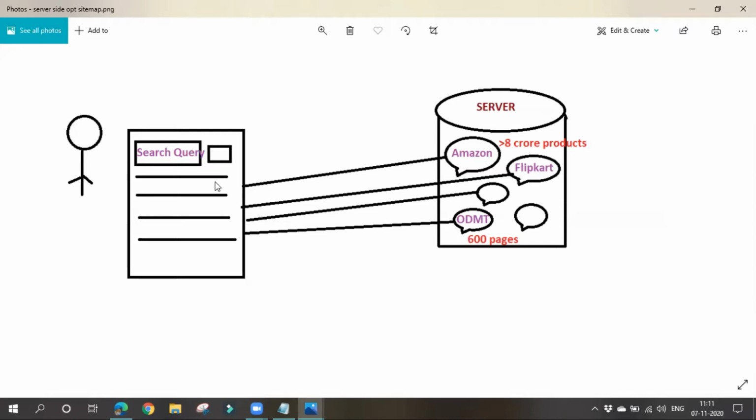Amazon contains more than 8 crore products. Is it easy for Google to retrieve a particular product from 8 crore products? No, it is not easy. Even Google will feel some difficulty. In order to make it easy, we'll give Google a map known as a sitemap.